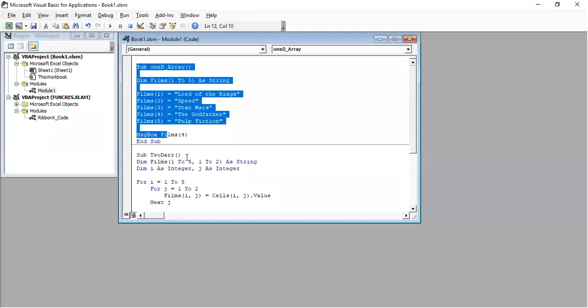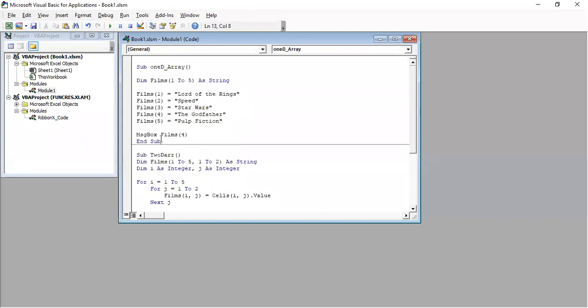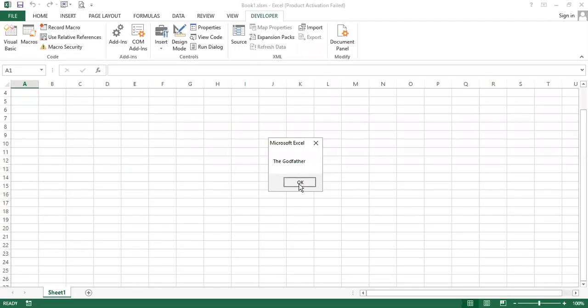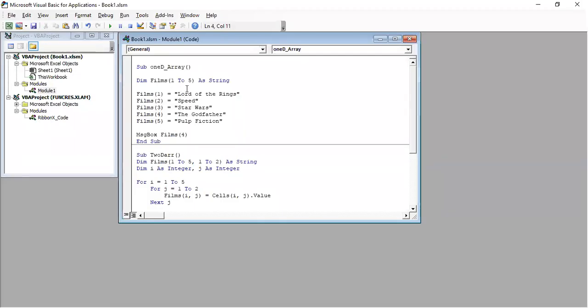I have multiple subroutines here, so I want to run the first subroutine. I use this Run Sub. We have declared a string array with 5 elements, and we are displaying the fourth element in the array.